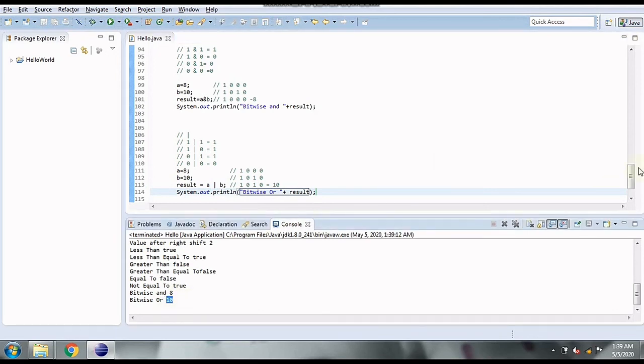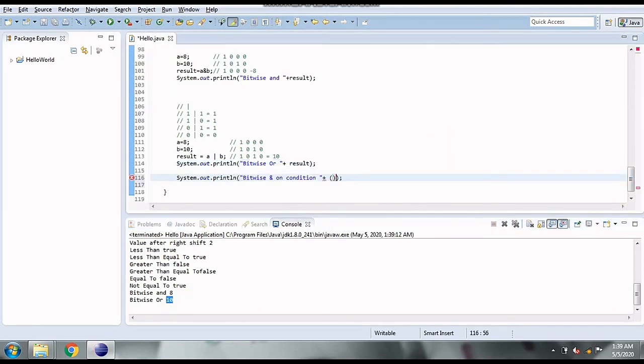Bitwise OR also works on relational conditions. Let's see. If you want to check two conditions, A greater than 1 and B greater than 1, we are going to put them in brackets. If both the conditions are true, then the output is going to be true, otherwise false. So here the output is true.